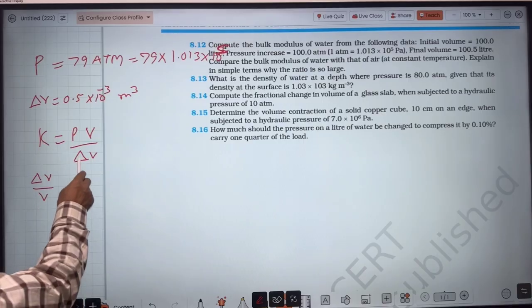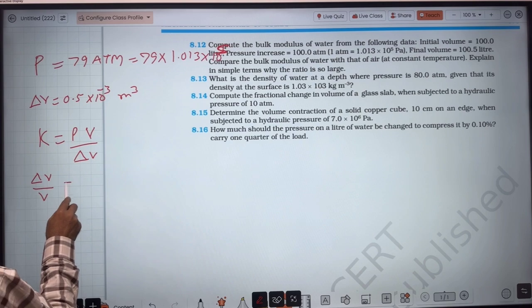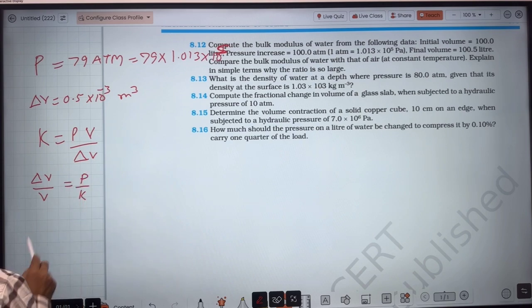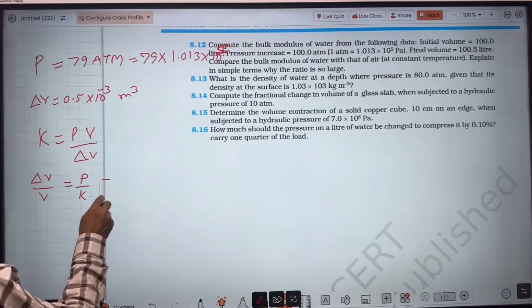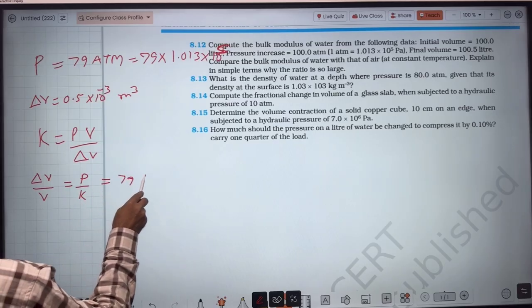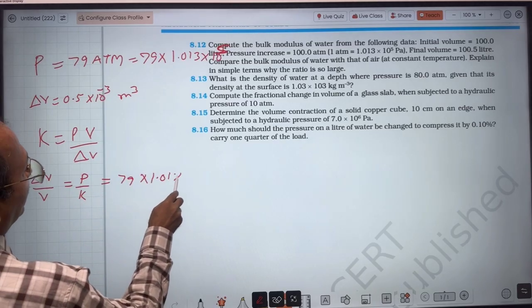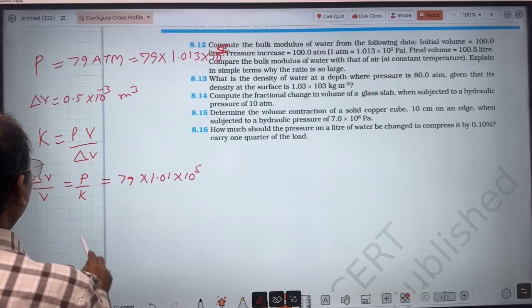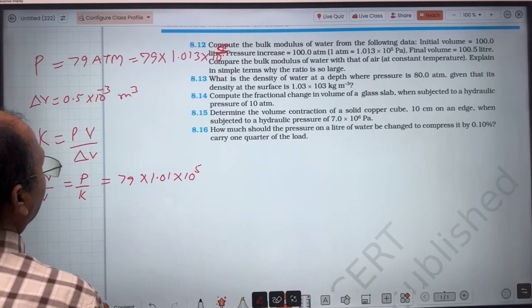So delta V upon V will be how much? It will be P upon K. And pressure we can write from here: 79 into 1.01 into 10 to the power 5 into 1